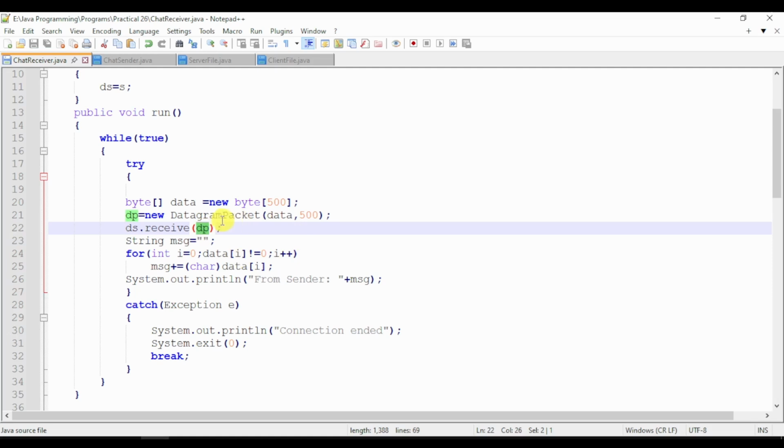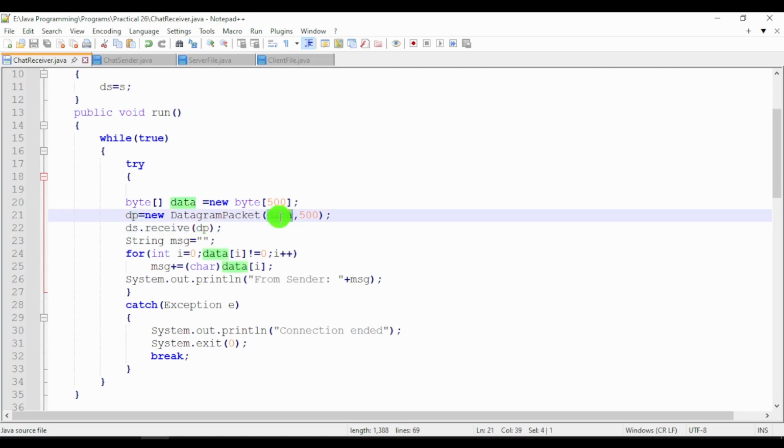So the data will be received in the form of packets, and those packets will be storing that data into this byte array, which is the data array. So this is how our data is received, in the byte array in the form of bytes. Now our data has 500 as a size, but there is a possibility that